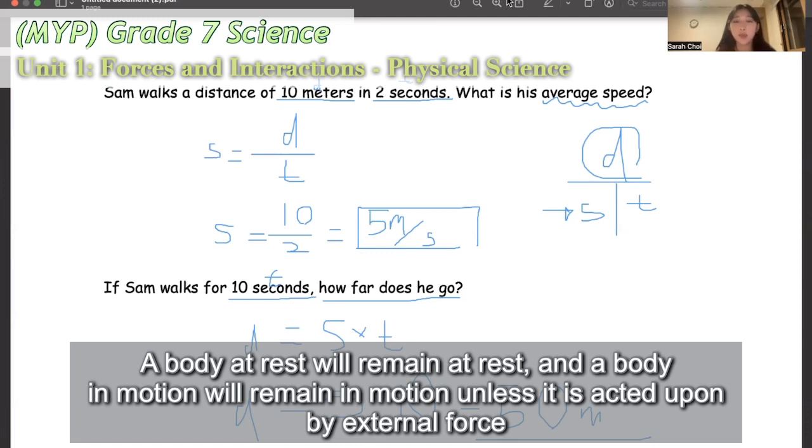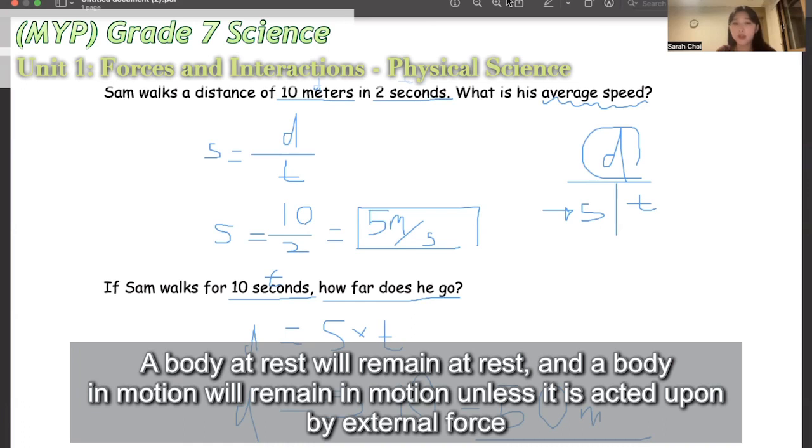An example would be a toy car. A toy car will remain at rest if there is no force pushed on it, and a toy car in motion will remain in motion unless it is acted upon by an external force. However, you might be noticing that, let's say you push a toy car and the toy car is in motion, on Earth the toy car would not stay in motion